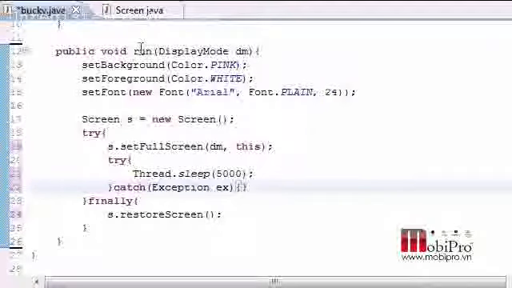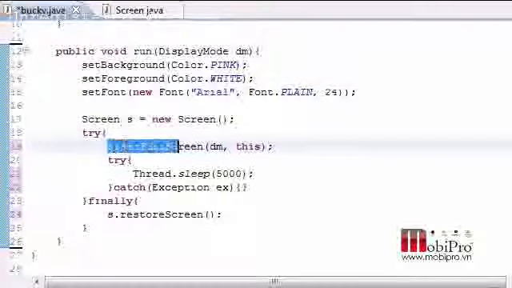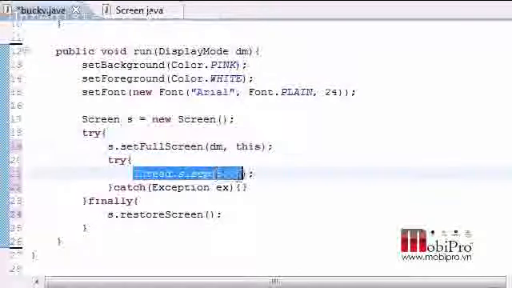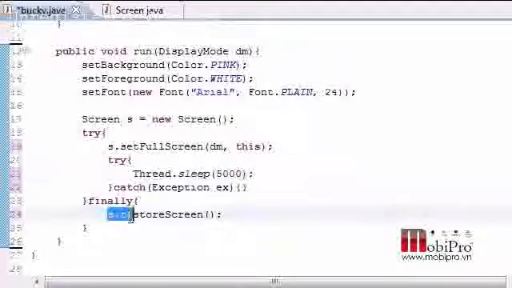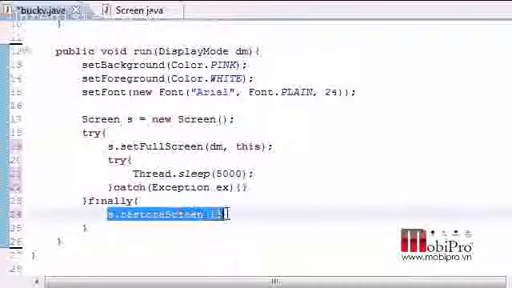So here's what this run method is doing in essence. It's changing the screen to full screen, then it's waiting for 5 seconds, and then it's returning it to regular screen. If we didn't have this wait at all, it would change to full screen and then restore back to normal size so fast we couldn't even tell that it was happening. So that's why we need to wait. We say, alright, once you get to full screen, just wait, pause, let us look at it a little bit, make sure we didn't mess up anything,